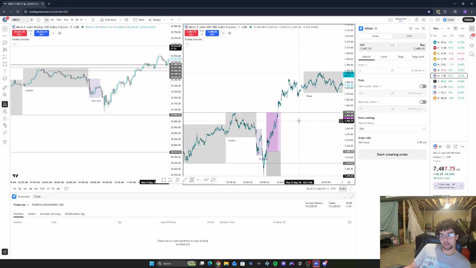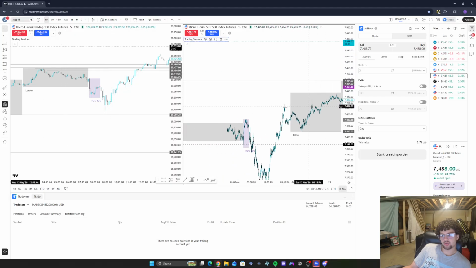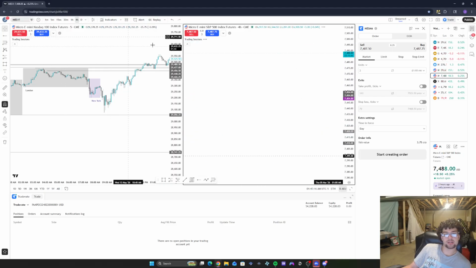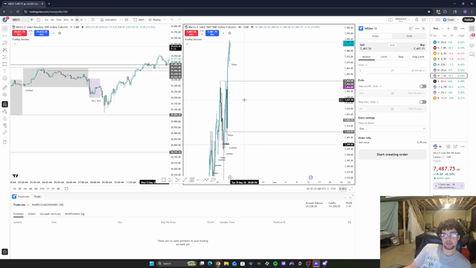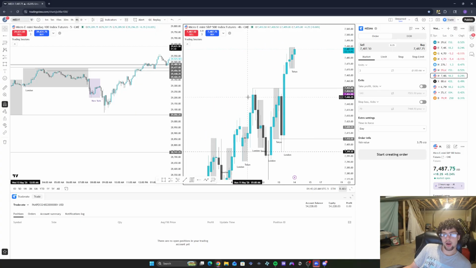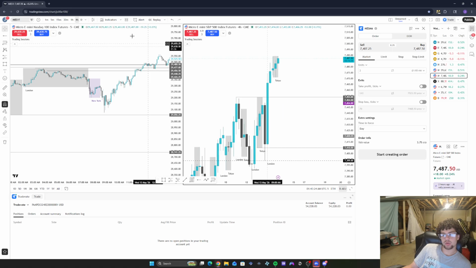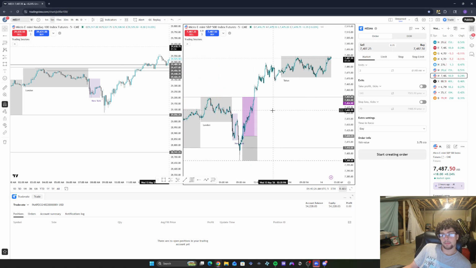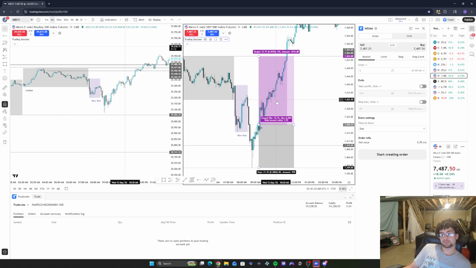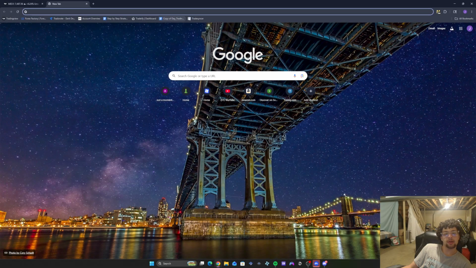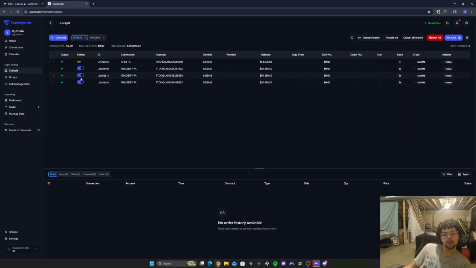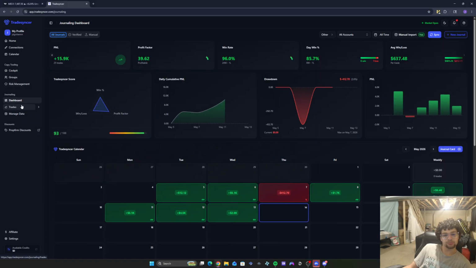It went higher, but this was a pretty strong draw, especially on ES, because on the 4 hour we can actually see we had 4 hour equal highs. High here, perfectly equal. And that's why I targeted that. The 1.59 to 1. I'm going to pull up my trade syncer so you can see. Dashboard.